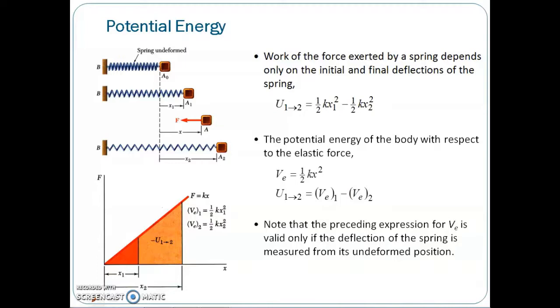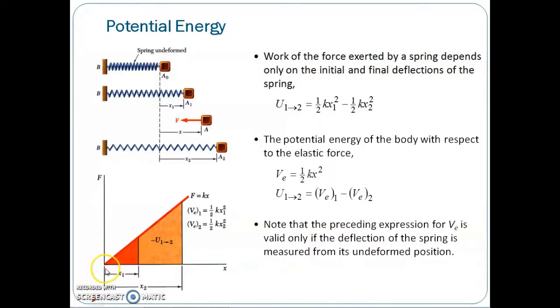Recall what we have learned earlier. When the spring is extended from A1 to the position of A2, the work of the force exerted by the spring on the body is negative. And here we can say that the potential energy Ve increases. And we should note that the expression for Ve is valid only if the deflection of the spring is measured